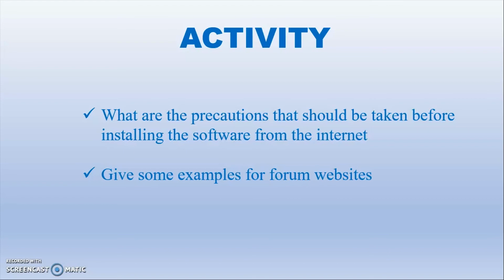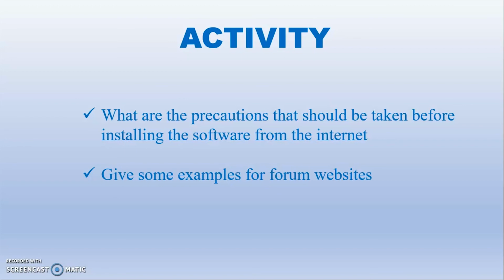Then we have learnt about the troubleshooting of applications in monitoring system and processes. Here you have to open the task manager. You can type it in the Windows start search, or you can press Alt, Control and Delete keys at the same time, and then the task manager window opens. Here you have to click the particular program which you want to end, and then choose the option end task to close that program. The program which you have ended will no longer be visible in the task manager window.